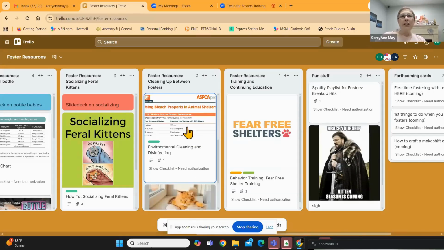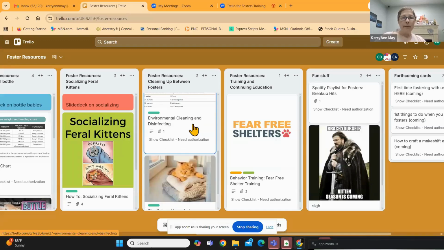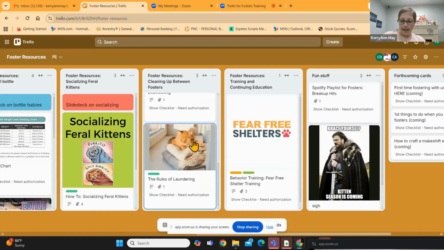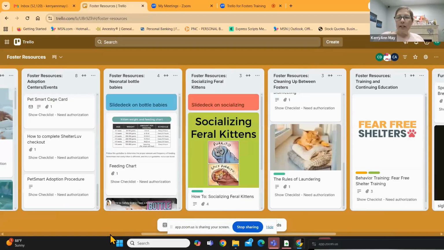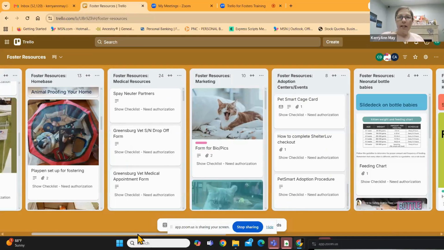Okay. And then if you need to use bleach to clean anything, it has a nice little primer on how to mix it. There is a formula. And then of course for laundry, there's really important instructions on what order to do the laundry in. Okay. And then there is some additional information here on